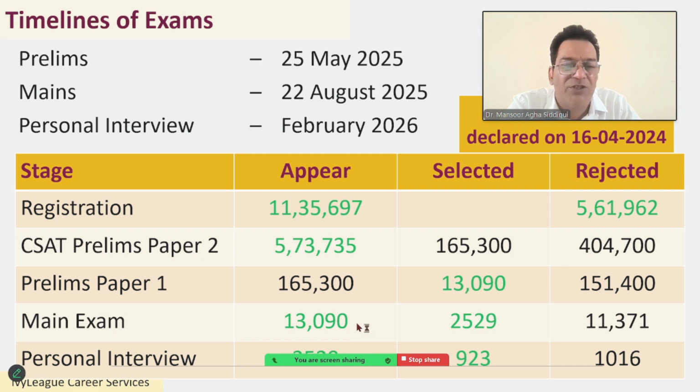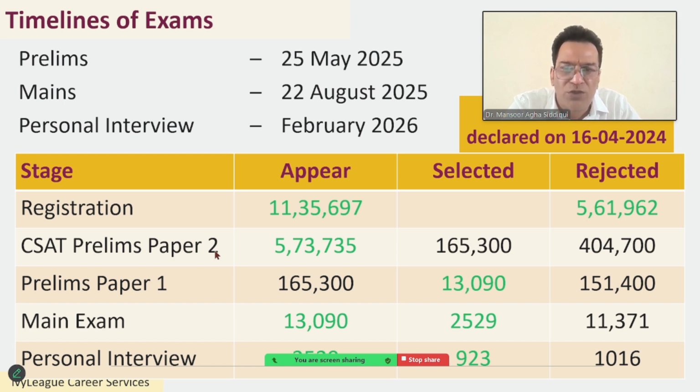ahead to the mains examination, in which about 2,529 students cleared it, and they were moved on ahead to the personal interview stage. And out of all of these students, there were a total of 923 students who finally got placed. So, out of all of the rejection stages, the first rejection stage is your CSAT or your prelims paper